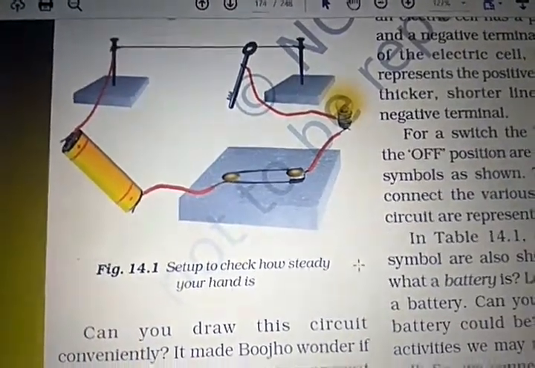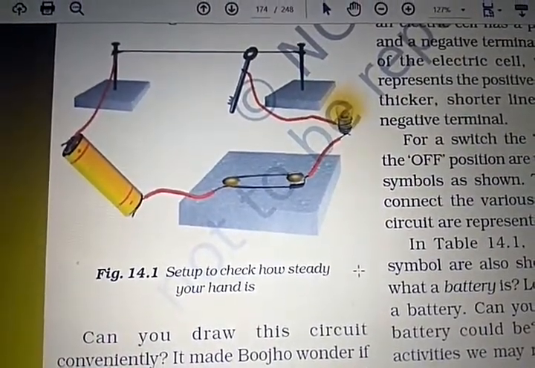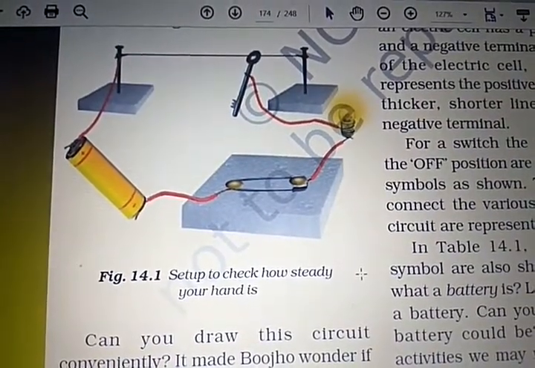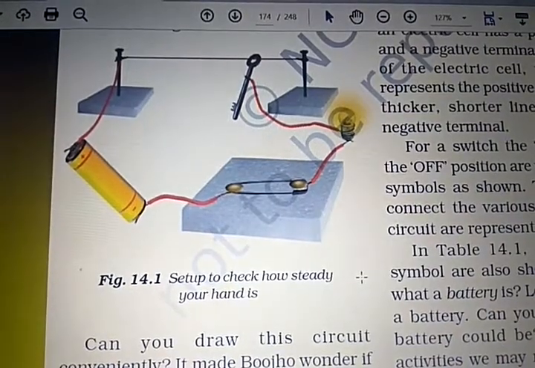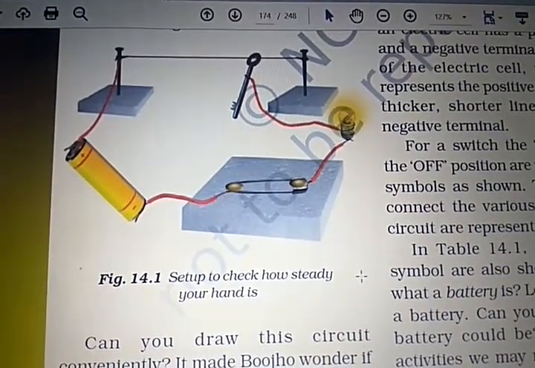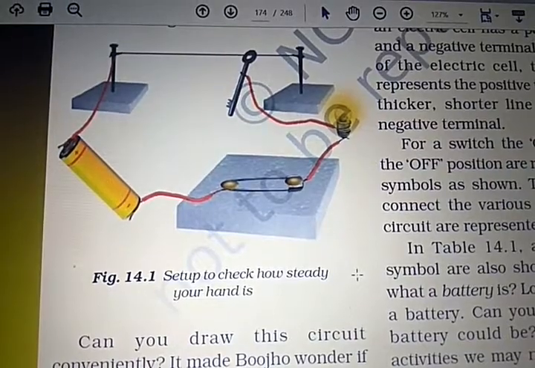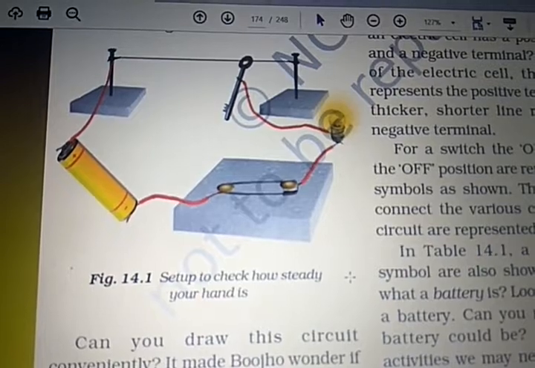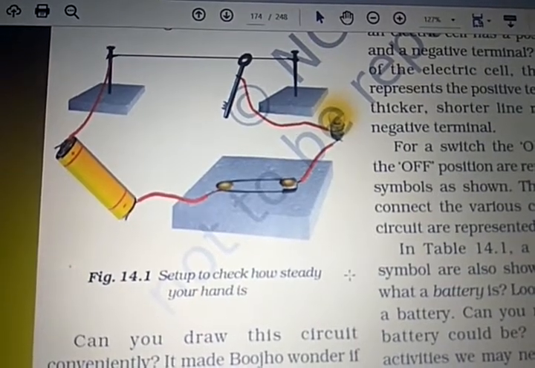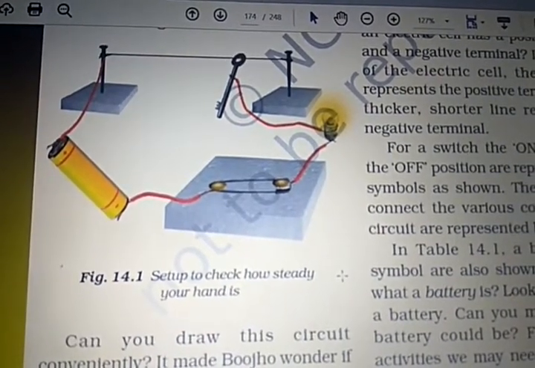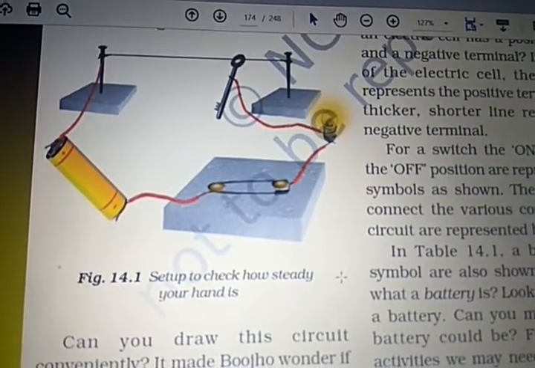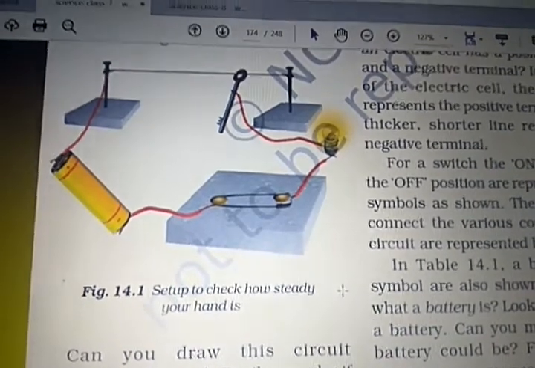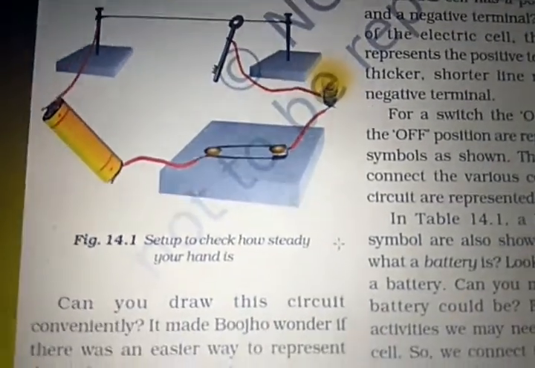Students, here is a small game with the help of the concept of electricity, right? You take two stands, that is, waste wooden material, and then take two iron nails and fix them on that wooden stand. Then take copper wire and tie it with these nails. Take one dry cell, one safety pin and a bulb, and join the circuit as shown in this figure.